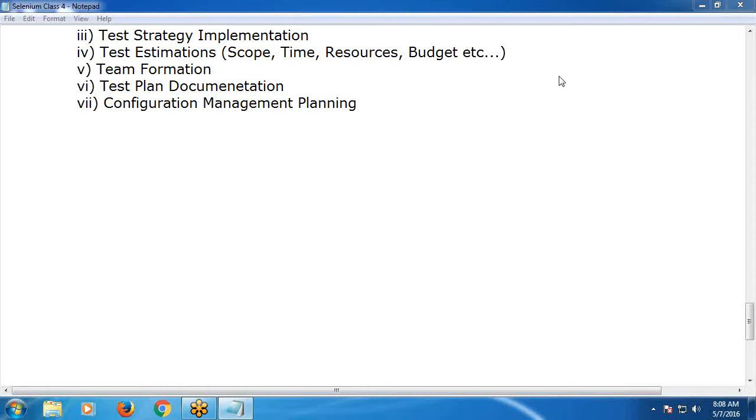Yes, sir. What are the configurable items in software testing? Creating, storing, and organizing all configurable items. What are configurable items? What software and hardware we use and what documents we produce during testing. Example, test plan, test cases, test data, defect reports, test summary report, all. Isn't it? Yes. Next,